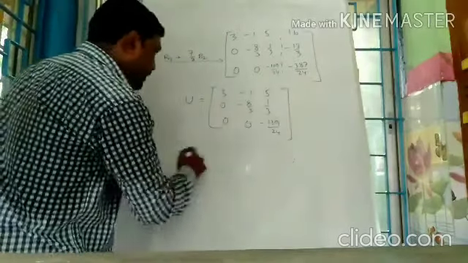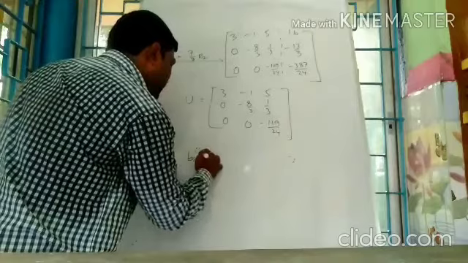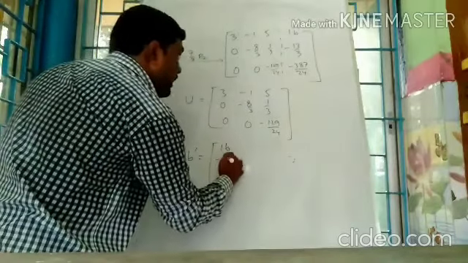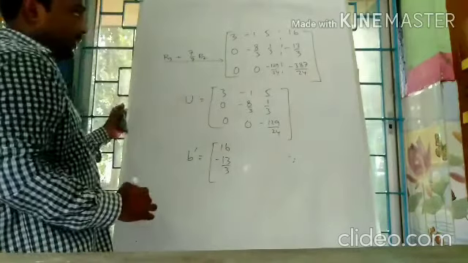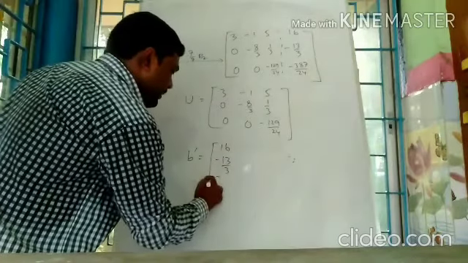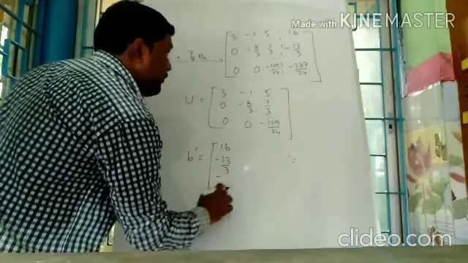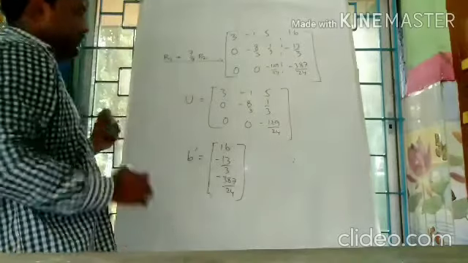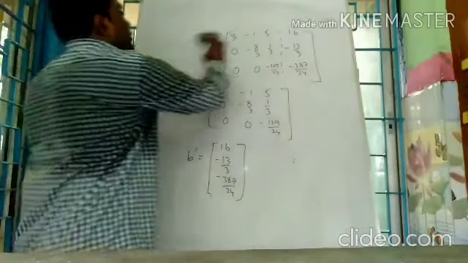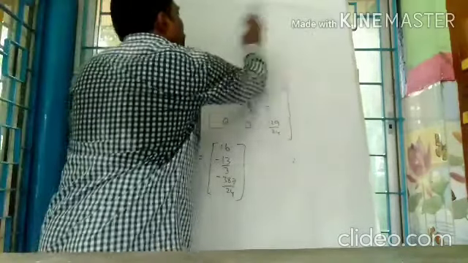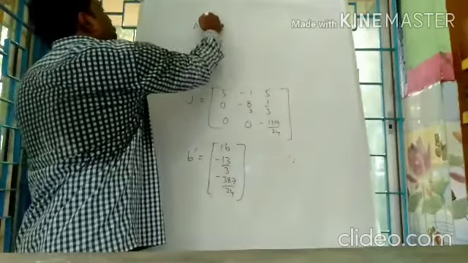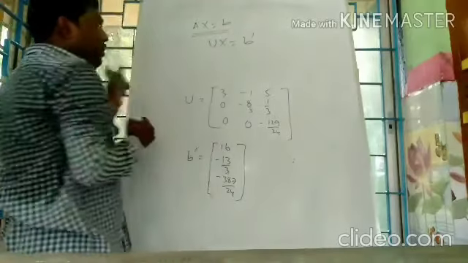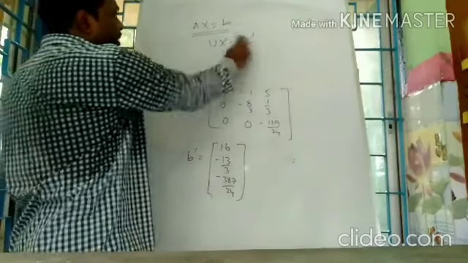And the reduced B is B dashed, that is B dashed equals [16, -13/3, -387/24]. This is the reduced vector B dashed. Okay. Now the solution of Ax = B, you know that the solution of this system is the same as the solution of the system Ux = B dashed. So we solve Ux = B dashed now.